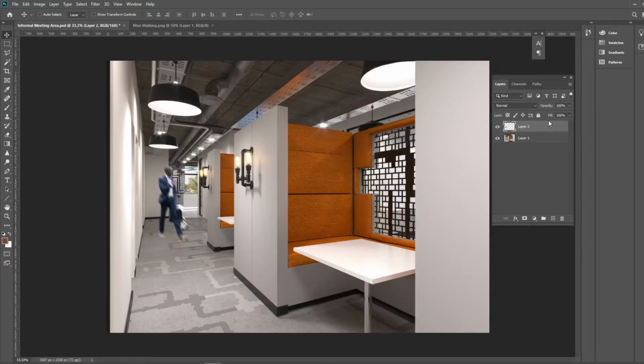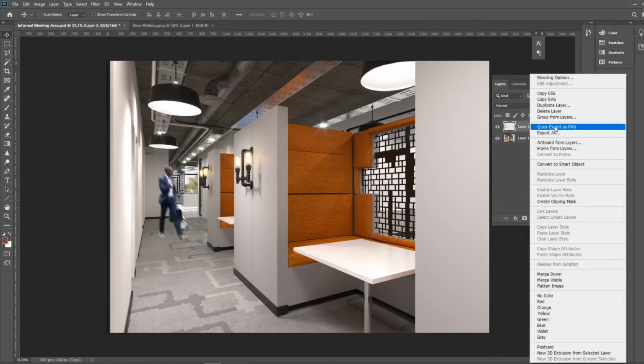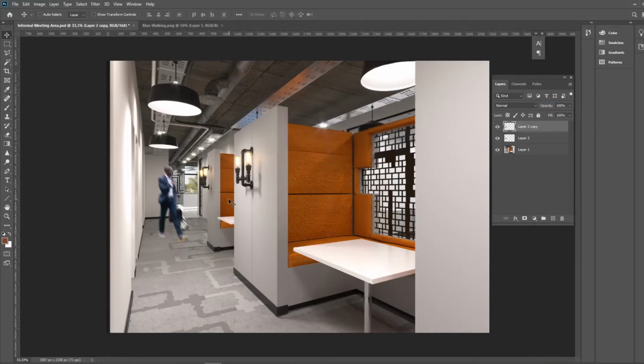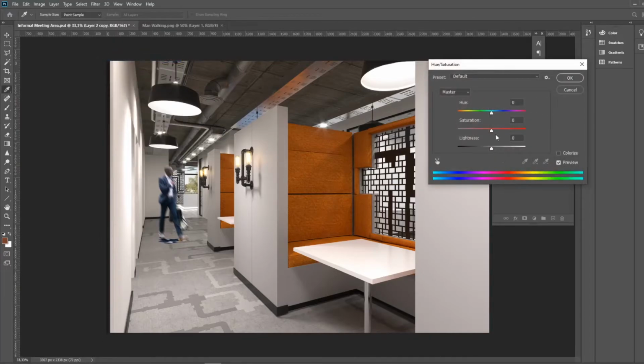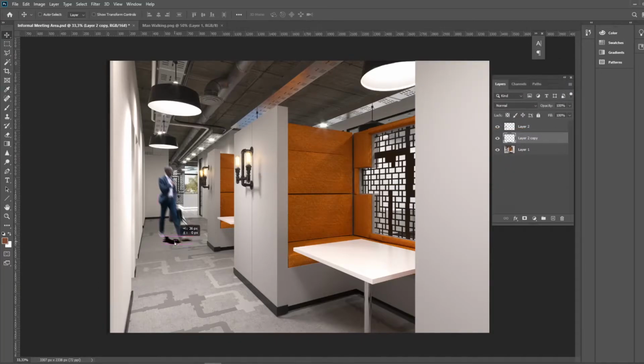But he is there. So then to create a shadow, I'll duplicate that guy and Control T again to transform and hold Shift and just bring him down like this. Enter, and then just put this underneath where you think the shadow looks suitable. Then you pull that layer underneath his layer, go to Image, Adjustments, Hue and Saturation, bring the saturation and lightness down, and then we have a solid black